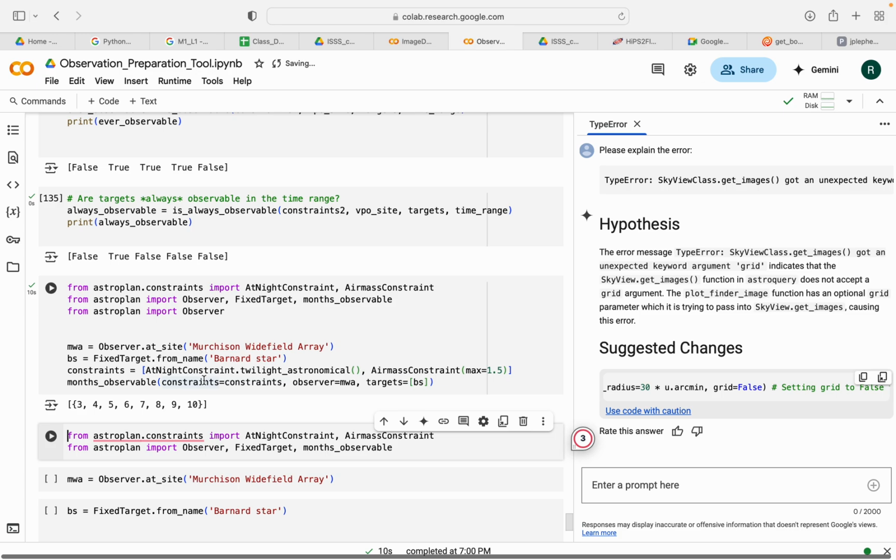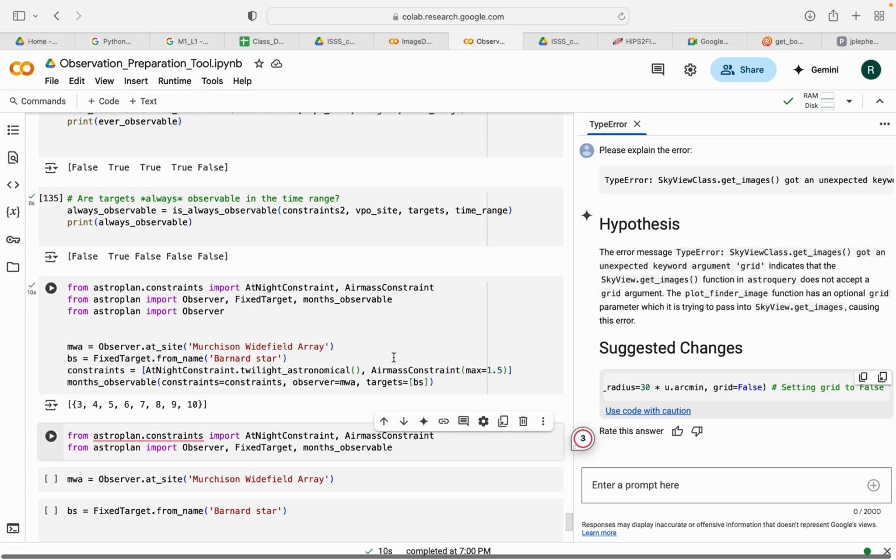Our constraint will be that I will do night observation, that is, I will observe within the astronomical twilight, or in the astronomical night. You can say that is when the sun is below 18 degrees from the horizon,